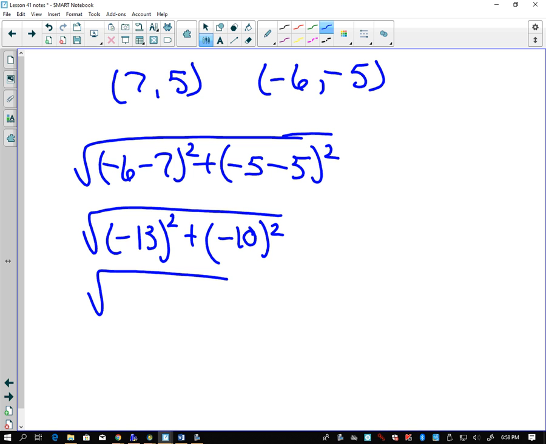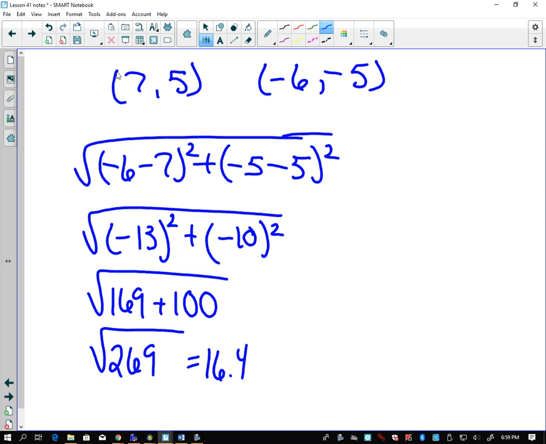So -13 squared, I believe, is 169. -10 squared is 100. So that's giving me the square root of 269. I'm going to take a calculator here. Square root of 269. Ooh, that didn't look like it came out right, but it does say to the nearest tenth, so let's check our answer key. 16.4, oh, that's right. It does come out to 16.4,